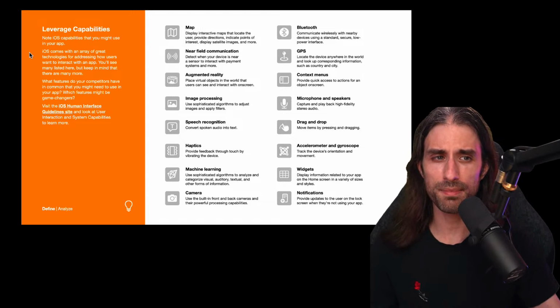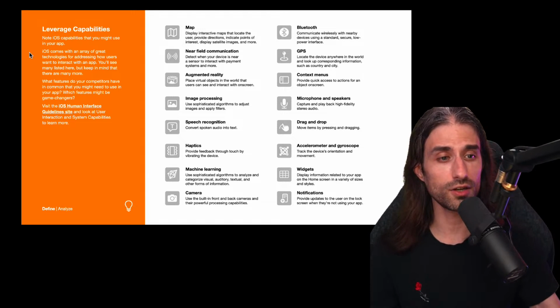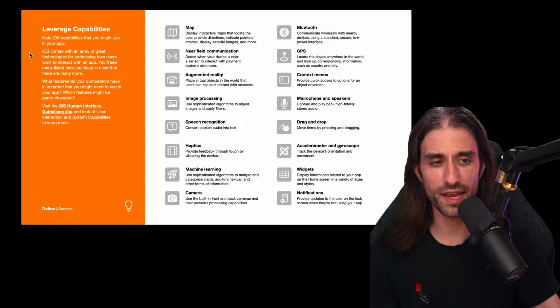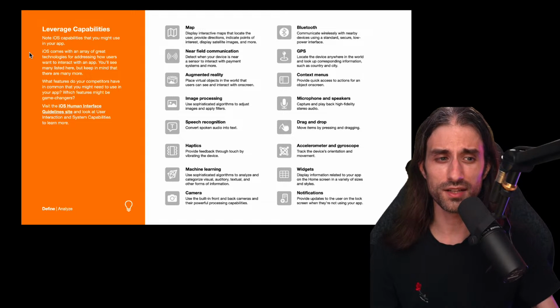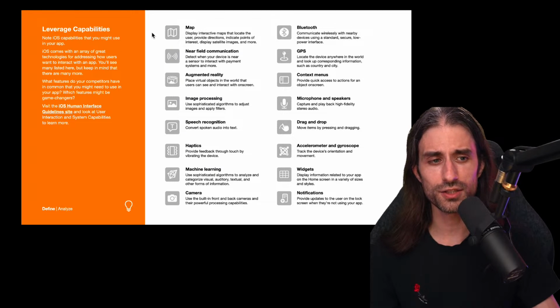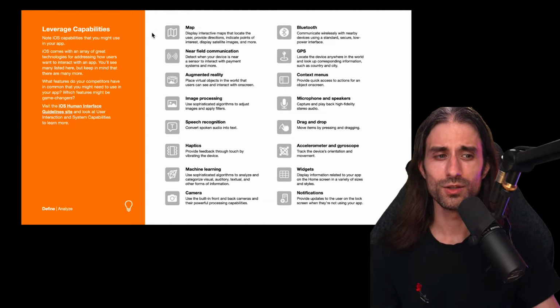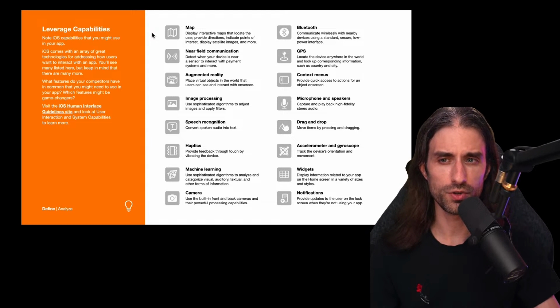So if you're building an app and not a website, you probably want to leverage these capabilities, because otherwise it brings the question of why you are building an app and not just a website, which might be easier to build and that will be available on iOS and Android. So if you cannot find a single capability that your app can leverage, that might be the sign that maybe you should be building a website rather than an app, to be honest.